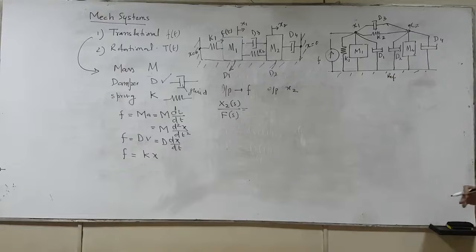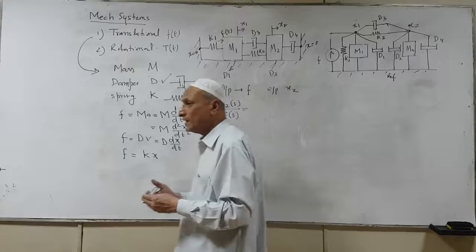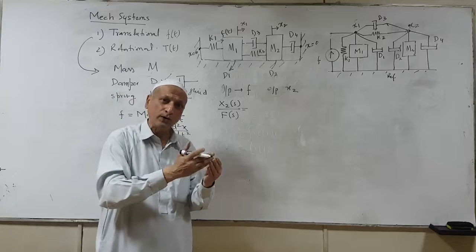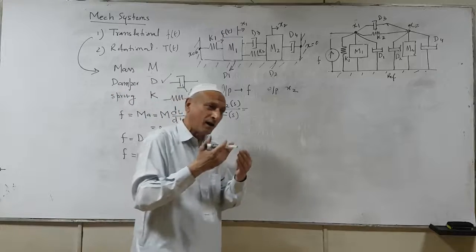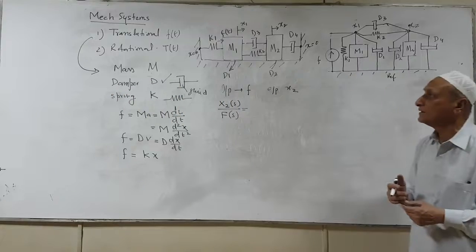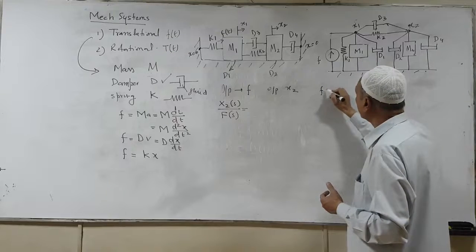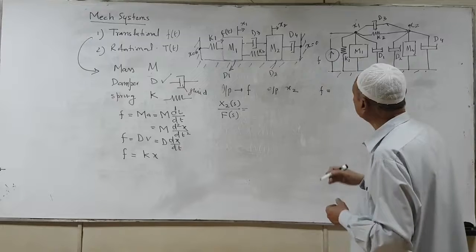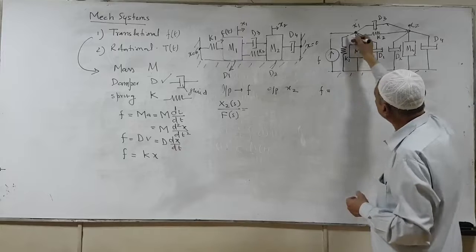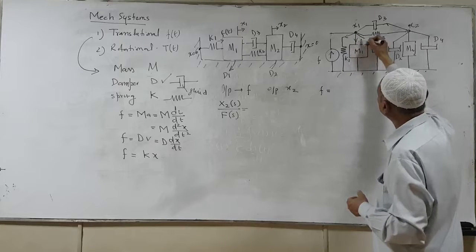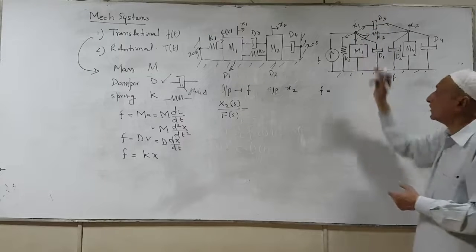Now the second step is to form the equation for each node. Remember again, in terms of an electric circuit, a force is always towards the node, and all the other forces, that is the transmitted forces, are outward from this displacement node. So we can say, according to KCL, F is equal to. Now let's write things in terms of differential equation. So we have force transmitted in this direction, force transmitted in this direction.